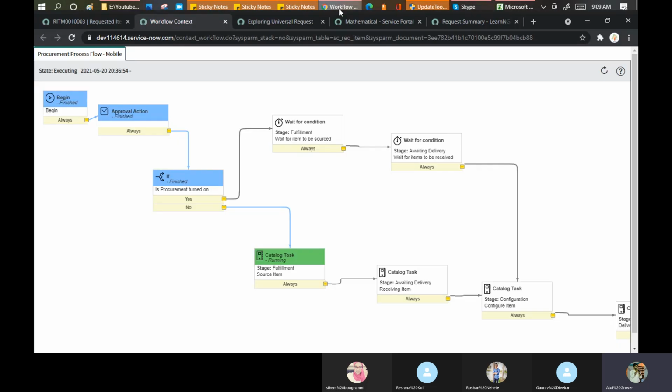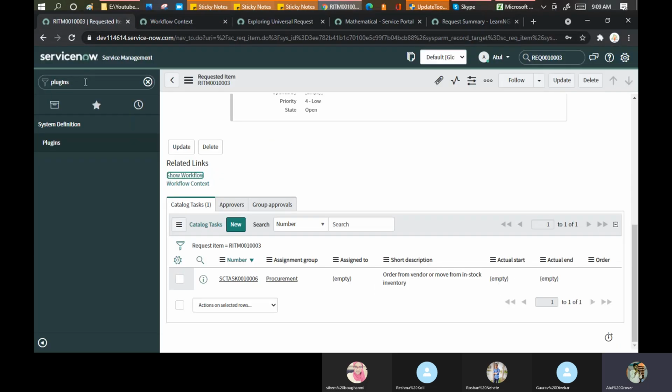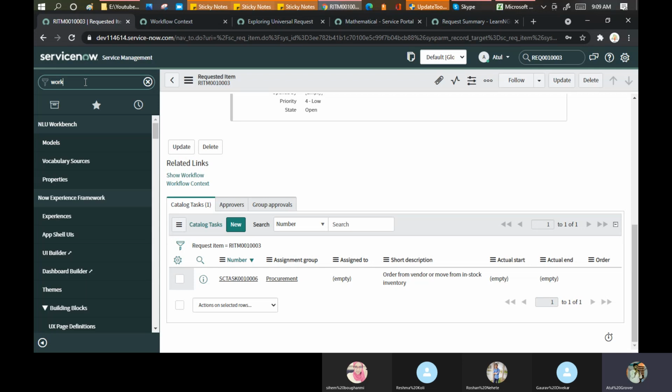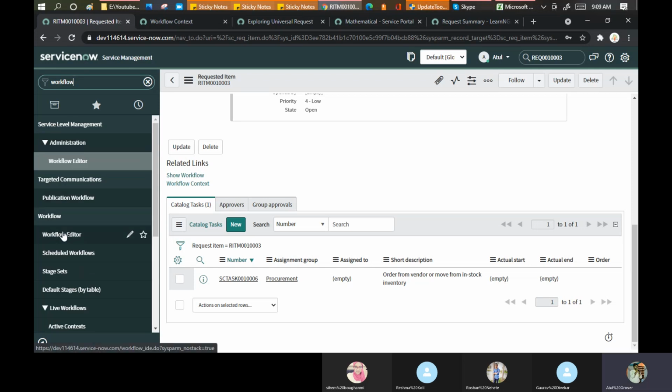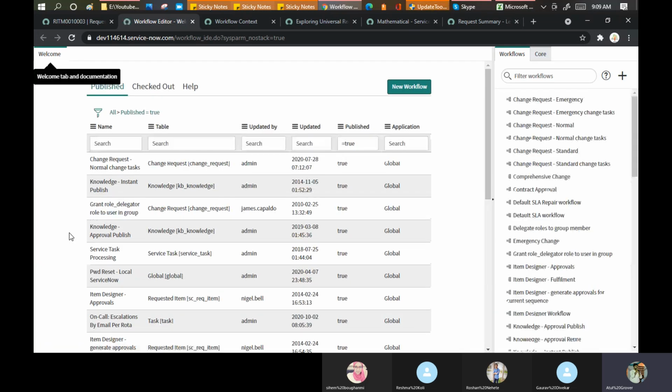So I'll go here and click on the workflow. You can see the workflow editor here. Click on the workflow editor. Maybe you have a question in your mind: Atul, we are non-technical guys, can we define the workflow? Yes, you also can define the workflow.